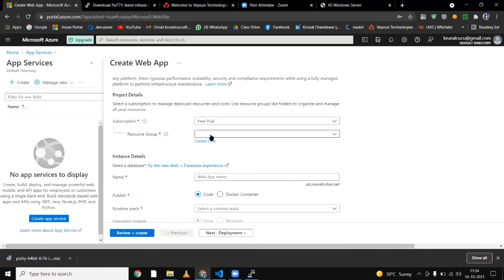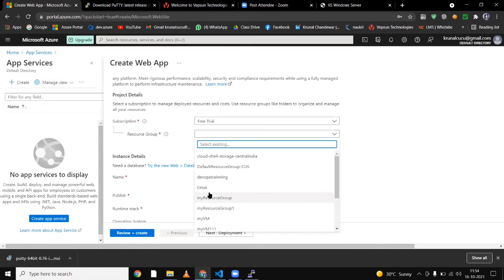After that, here we have to select our resource group. I have a few resource groups here, like the application resource group.